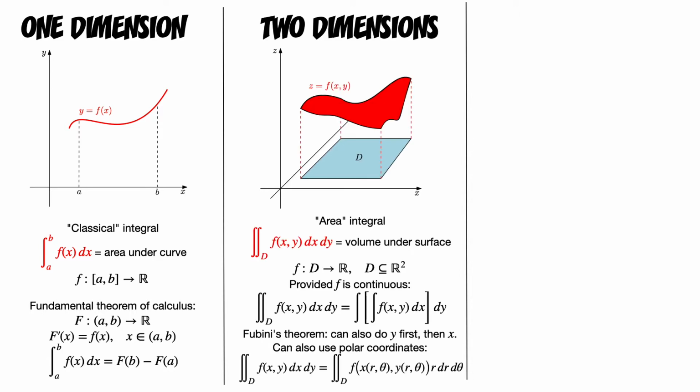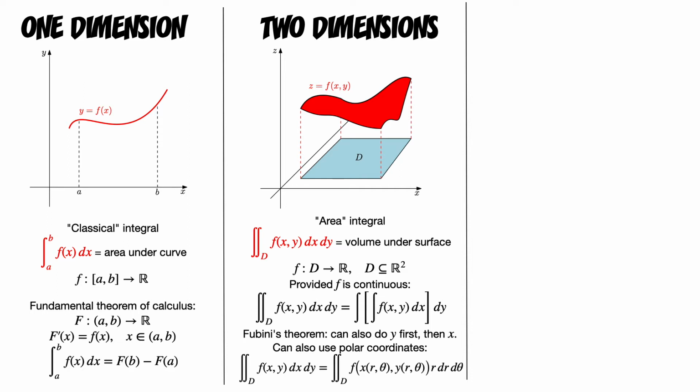We've seen that this can be generalised to two dimensions to form what we call an area integral. Here we have a function of two variables defined over some subset of R2. If we plot this function as a surface on the z-axis, the integral represents the volume under the surface. Note that we call it an area integral because the domain is an area, but the result is actually a volume. To do such an integral, if the integrand is continuous, then it can be done as an iterated integral,